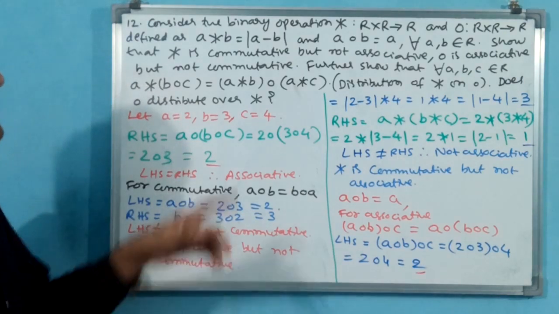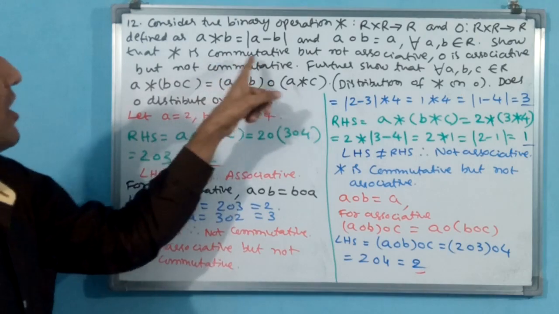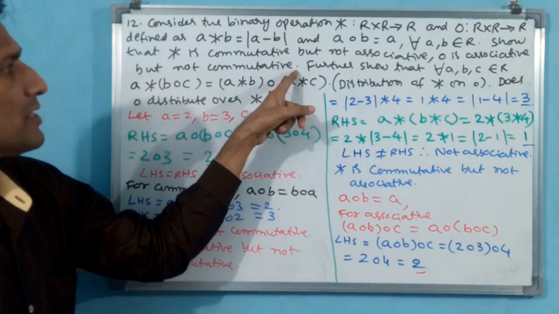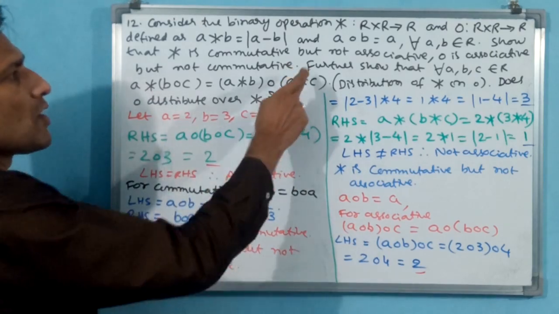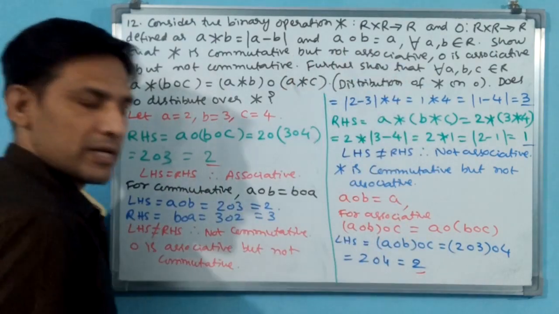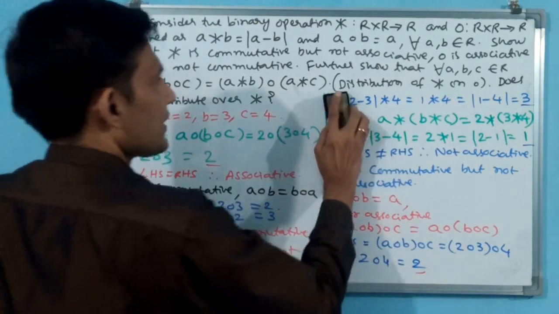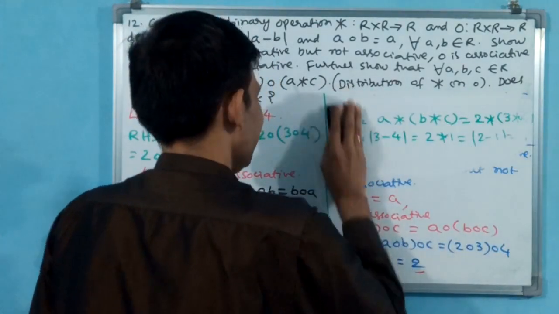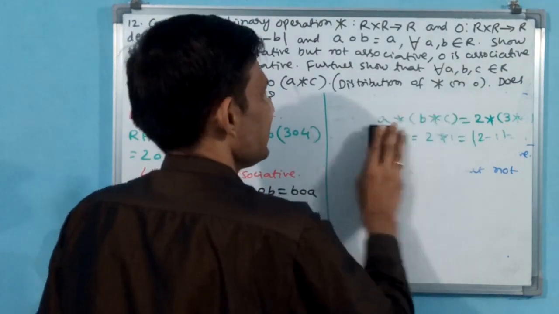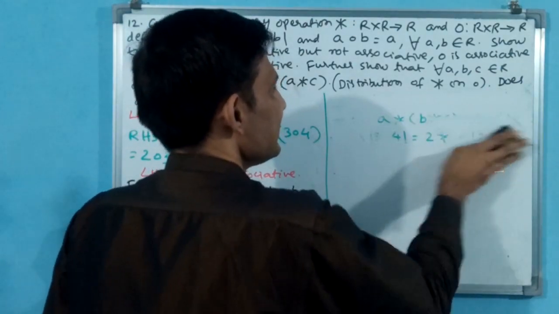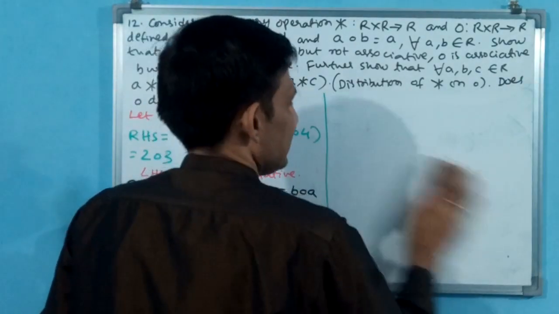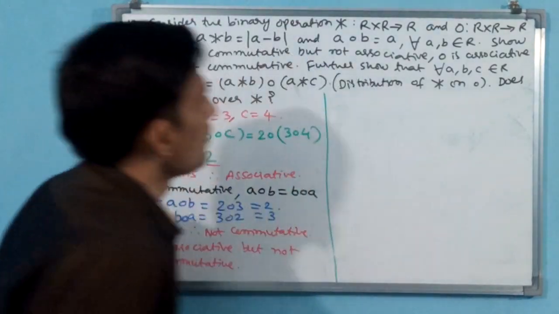See, up to where we have completed this one. Star is commutative but not associative. O is associative but not commutative. Up to here we have finished. Now we have to go for further. Further show that